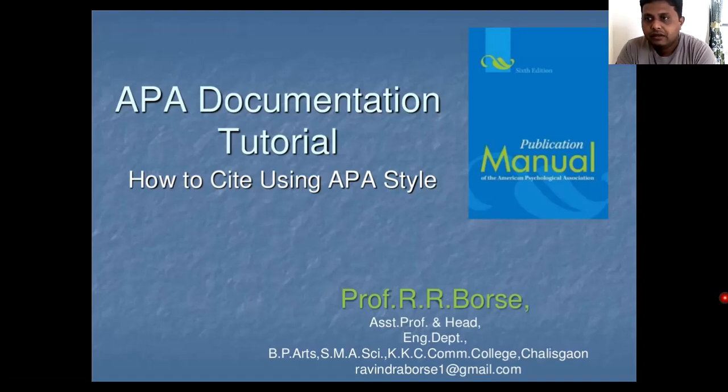And if we compare MLA and APA style, we would find that MLA is number one in the case of usage. So in most of the cases, MLA is used highly in the world, in the area of research. And there comes number two, that is APA citation style. So today we will focus on APA citation style.